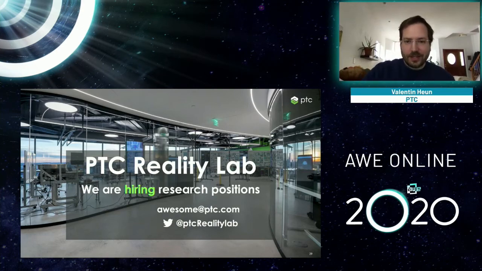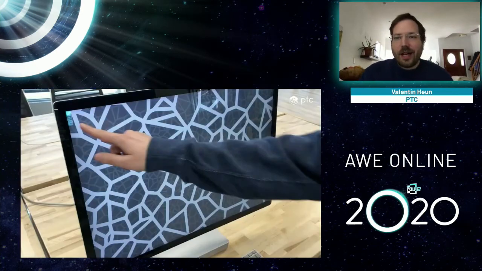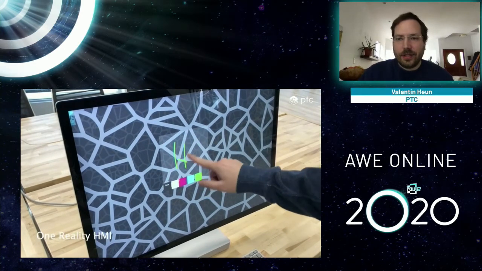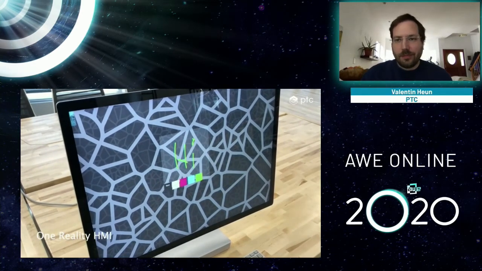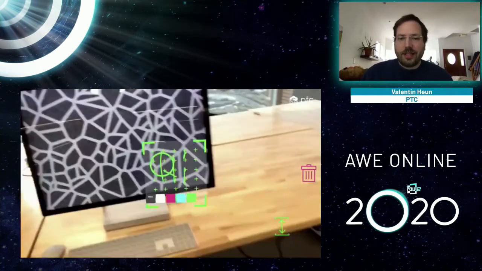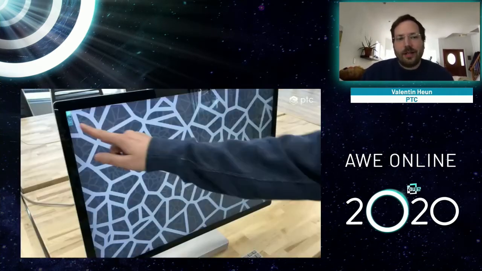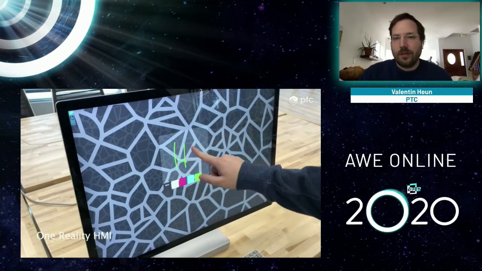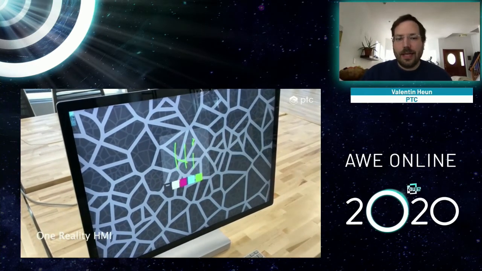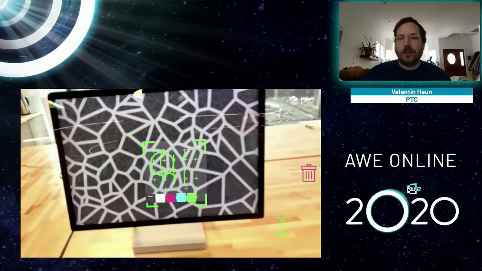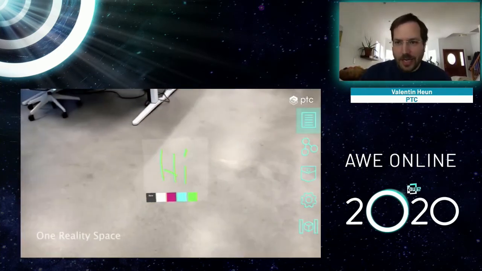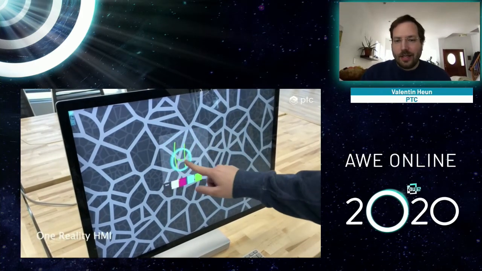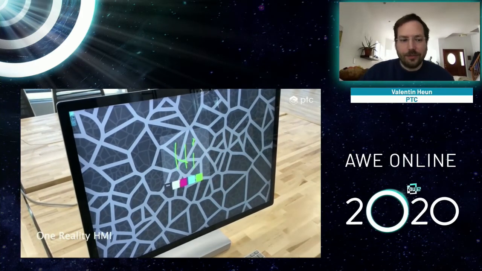The first experiment is there are no boundaries anymore. We connect the physical and the digital, and we connect the desktop with augmented reality. And in such a world, why not building an HMI on a screen and then just taking it out of the screen and putting it into the real world? Because we want to make data flowing seamlessly between every kind of reality, the physical reality, the virtual reality, augmented reality. That for me is true XR.